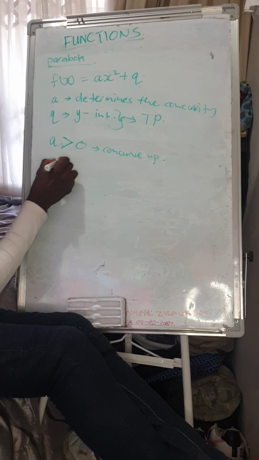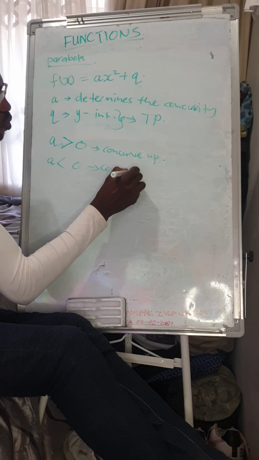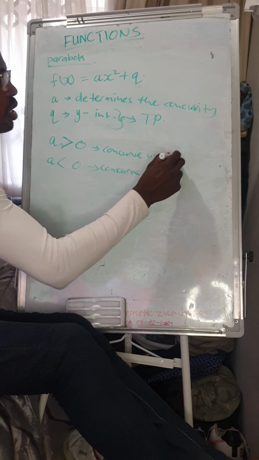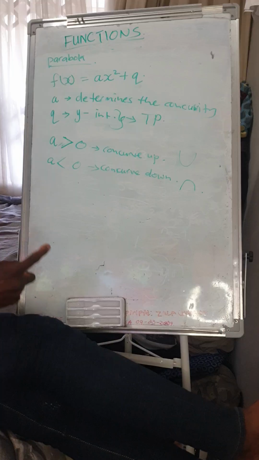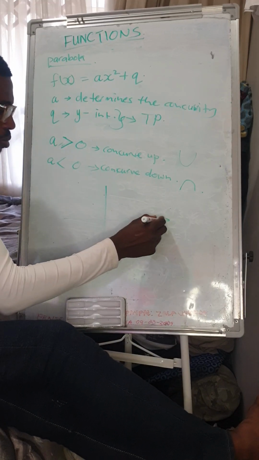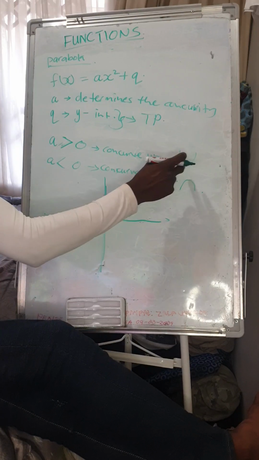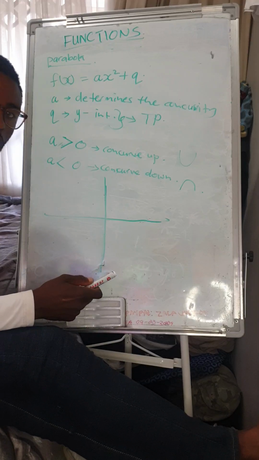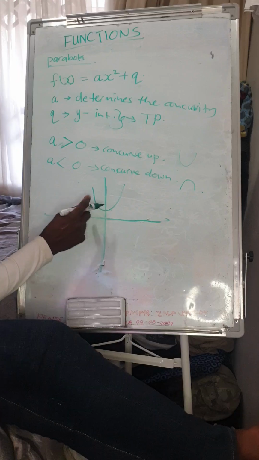If A is less than 0, it will be concave down. So this one is like this, this one is like this. Right? At some point, quickly before I even start talking much about the parabola, we now know that the shapes of a parabola are things like this. Mind you, such a parabola like this one here,